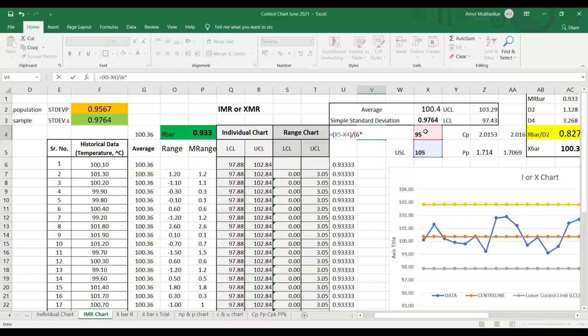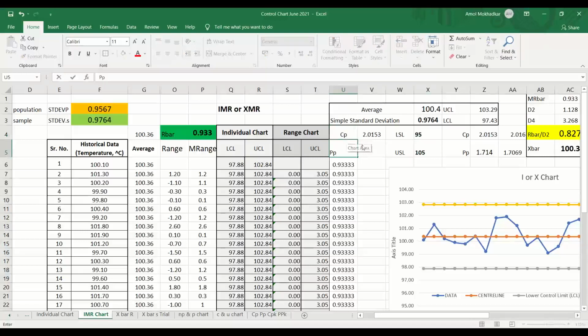When I show 0.827, you need to take 0.827. This is the value we got, 2.011532. If you got this, even up to 2.01, you are correct. If there is something different, it means either you have not taken the values properly or you have made some mistake in the calculation. So this is the value of CP.